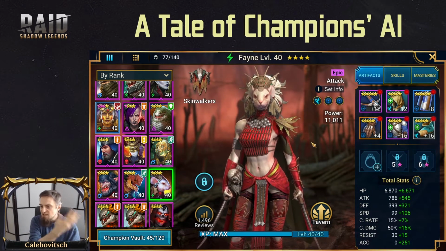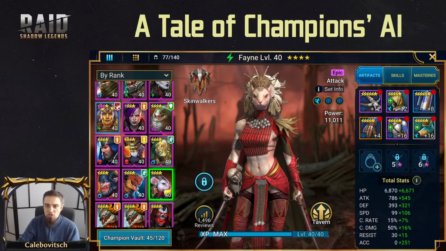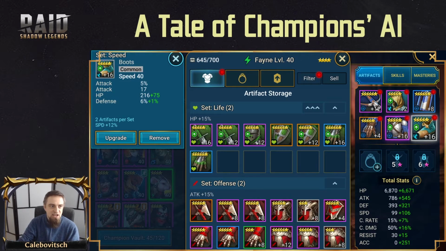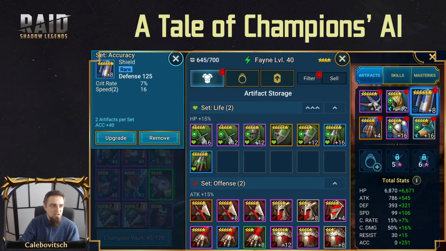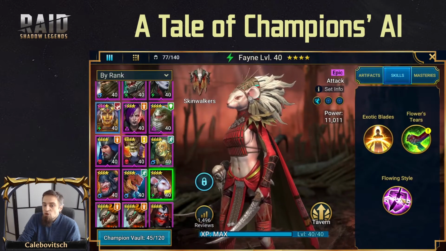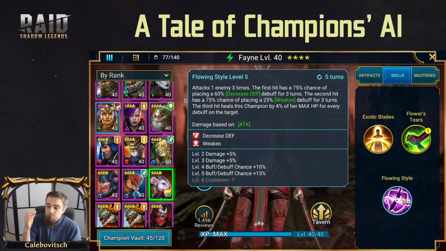As you can see, she is not equipped fully. She only has like 2 speed and 4 accuracy gear. And I wanted to go for full accuracy, like accuracy chest, speed boots, and everything that had accuracy and speed on them. So that her speed right now is 205, her accuracy is 250, and I do not need anything more from her. She only needs to land flowing style on